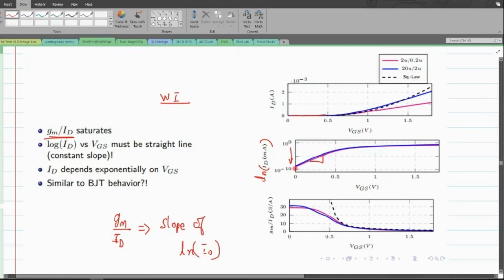In this case, you could see that there is a slope that exists when I am working in the weak inversion, and when I try to read it, the slope value is constant throughout this entire region. Due to which you could see that the constant value is getting reflected onto my GM over ID. So since the slope is constant, we end up having a constant value of GM over ID when I am working in the weak inversion. That is how it exponentially depends.